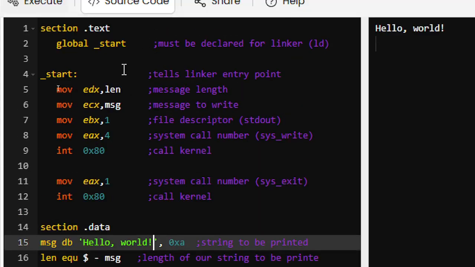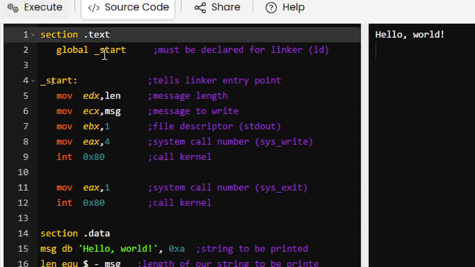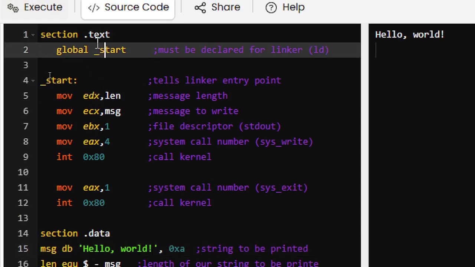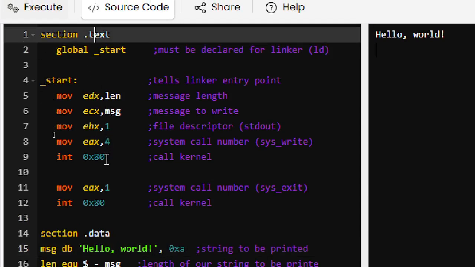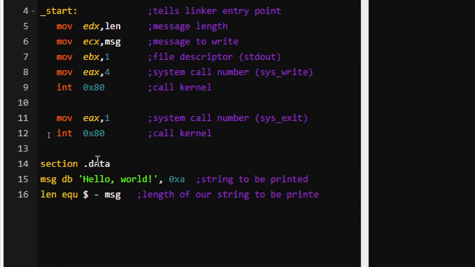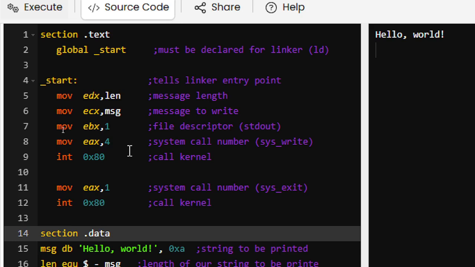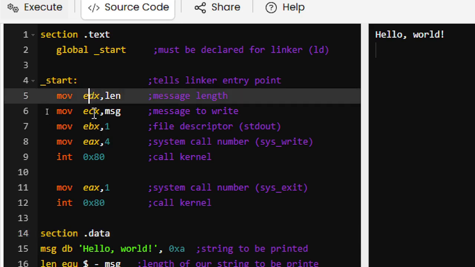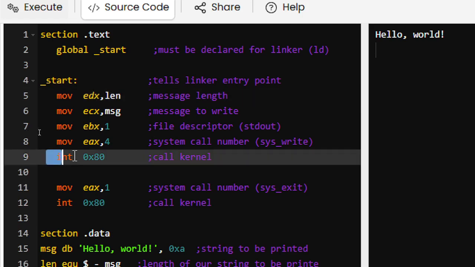So after that, this is that text global start. So meaning text is the code, data are the data being processed. These are the registers AX, BX, CX, DX. They put E because it is 32 bit. If you put R, that is 64 bit. But I don't think they have the same